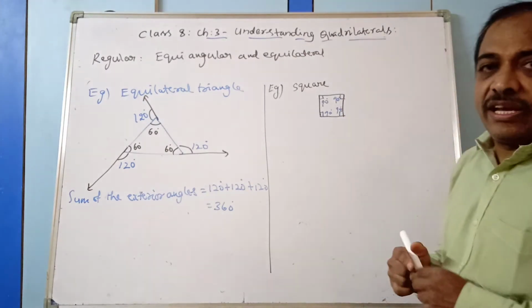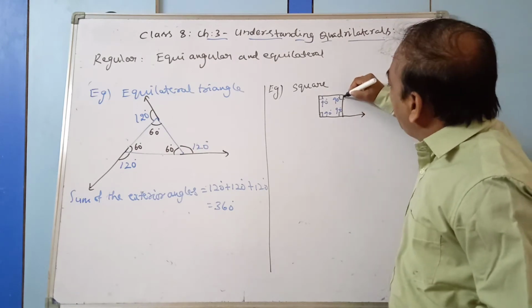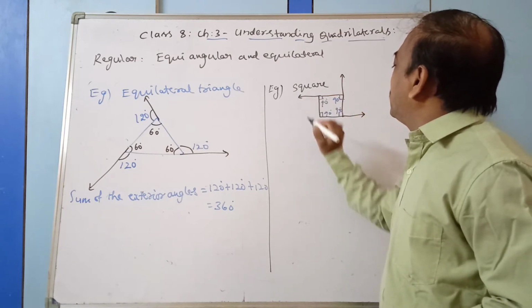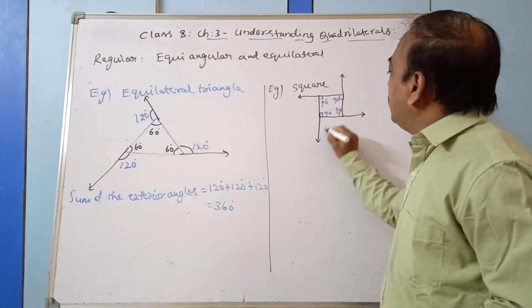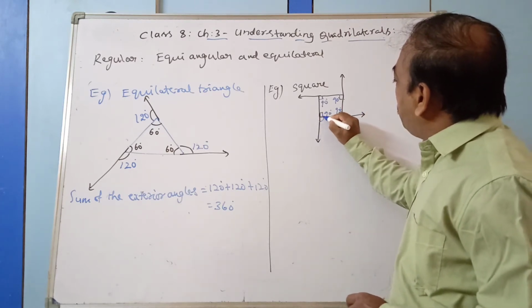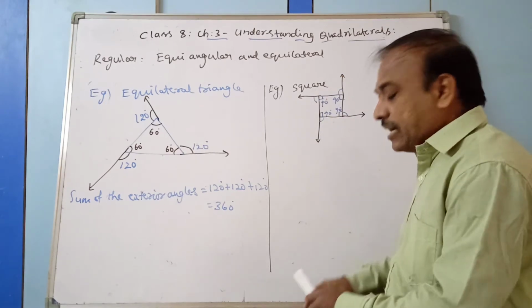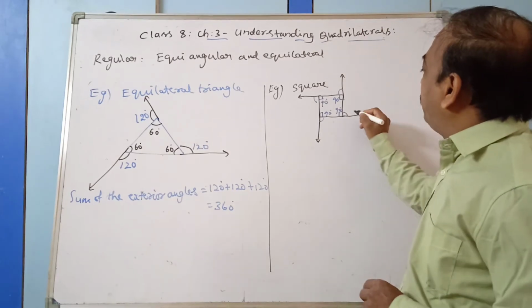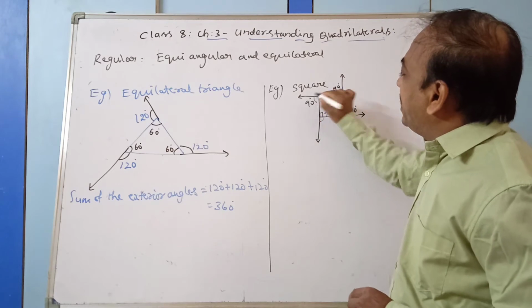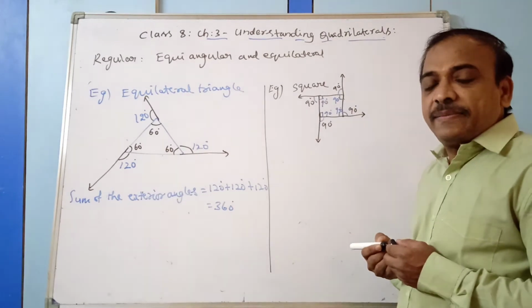Now, when you calculate the exterior angles, observe it. This is the exterior angle, here is the exterior angle, this is the exterior angle, and here is the exterior angle. Observe carefully. These two parts measure as a linear pair, so each exterior angle outside is also 90 degrees. 90 degrees, 90 degrees, 90 degrees. Clear?